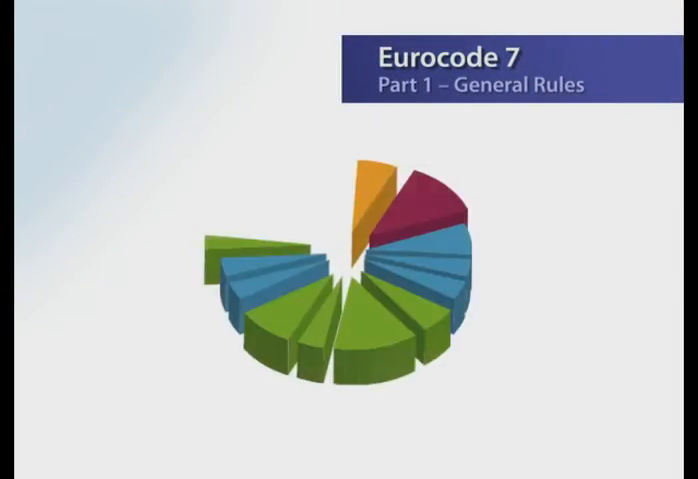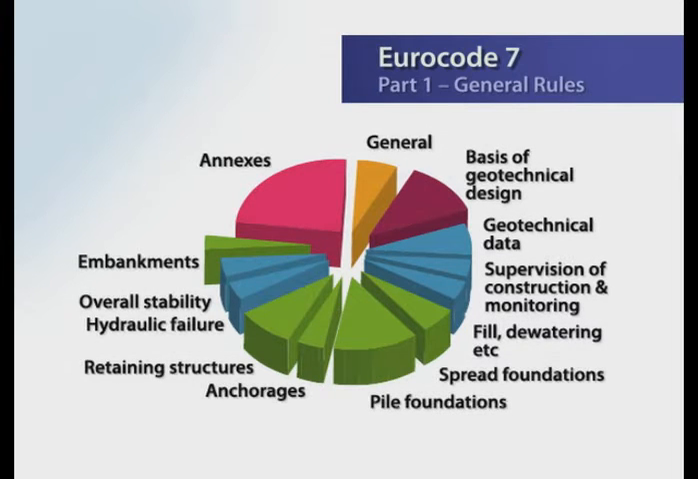Eurocode 7 is the first European geotechnical design code to share a common philosophy with the design methodology for structures. It's divided into two parts, the first covering general rules and the second ground investigation and testing. Part 1 is subdivided into 12 sections and 9 annexes and provides a general framework for geotechnical design, definition of